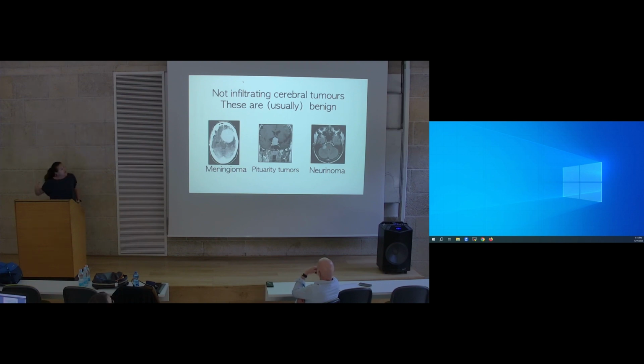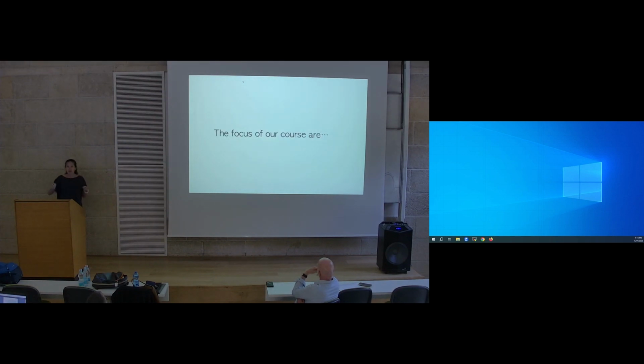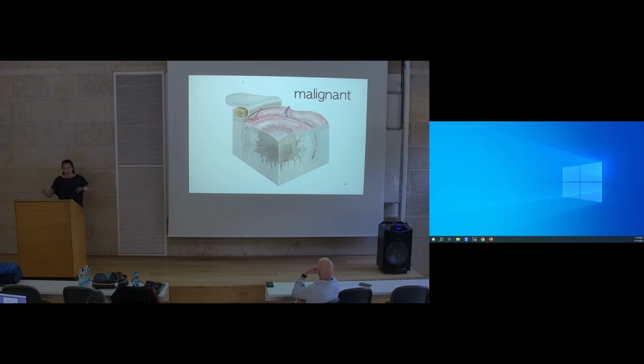These are examples of not infiltrating tumors: a meningioma, pituitary tumors, or neurinomas. These are tumors that have quite a clear margin, so you can resect them completely and you can cure the patient by the operation. But you can't do this with infiltrating tumors, and that is why we call them malignant. They are slow growing or fast growing, but it doesn't matter, they are malignant because we can't remove them